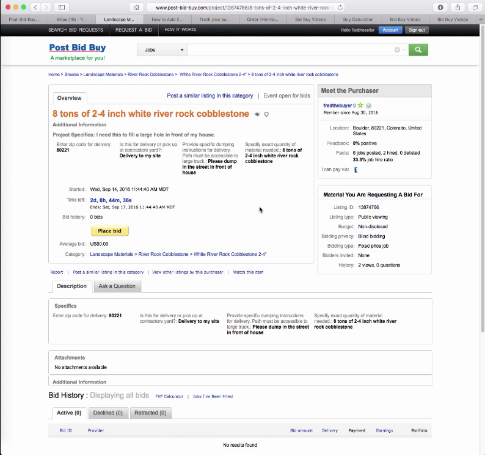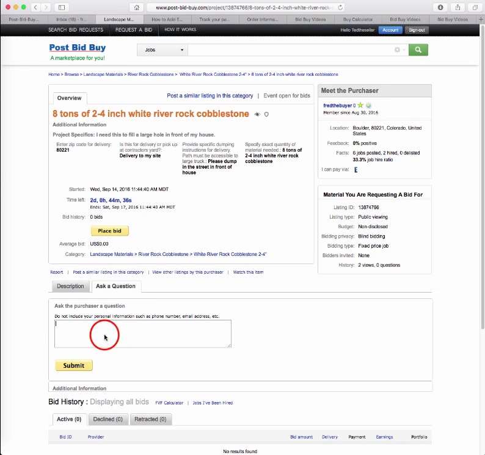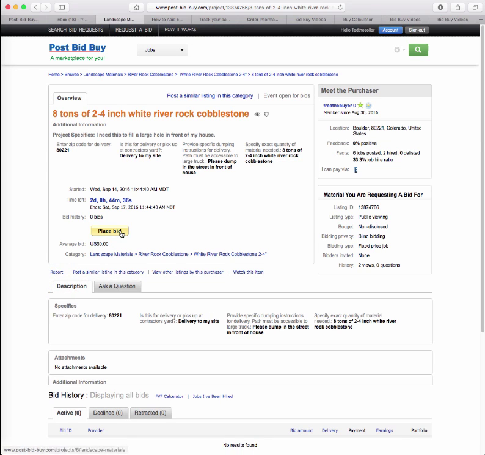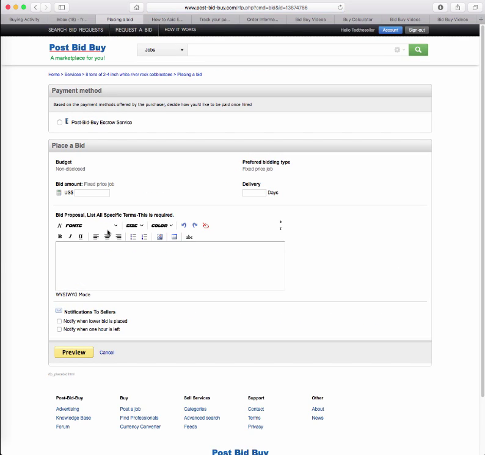Okay, so if this is something that you're interested in, you can proceed directly to place bid. If you're not certain and you want to ask the buyer a question, you can click down here on the Ask a Question tab and go ahead and ask a question here and submit that to the buyer of this material, and then wait for a reply from them. But assuming everything's good and we're ready to place a bid, we'll go ahead and click on that button right now. And when we do, we are brought to the